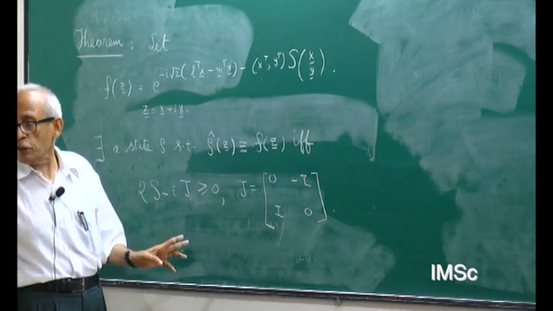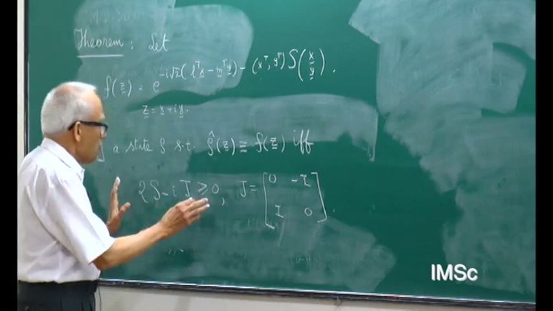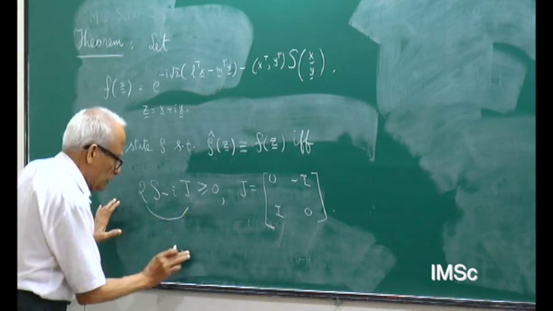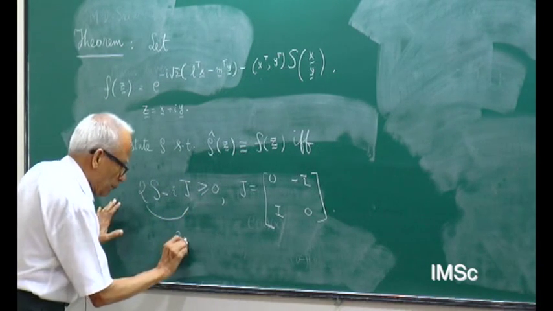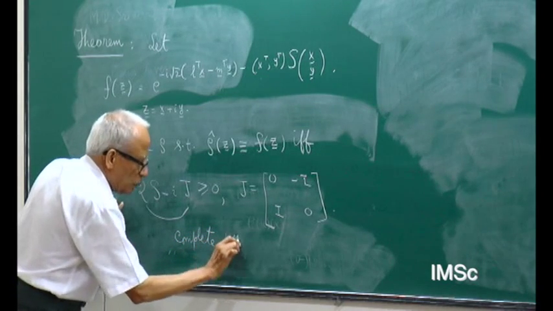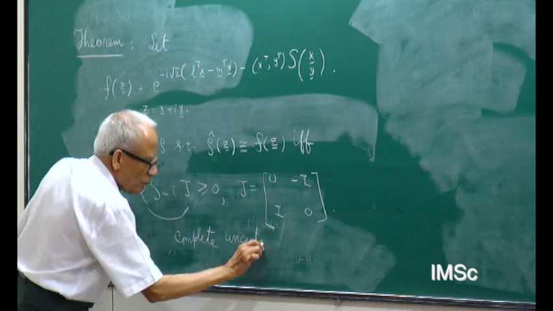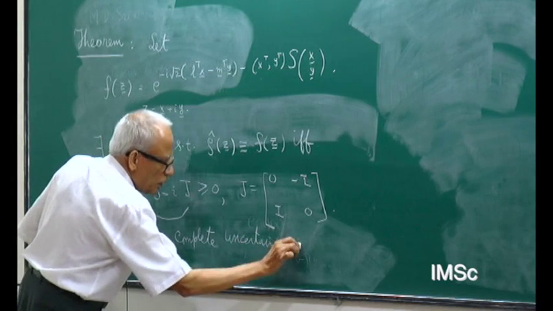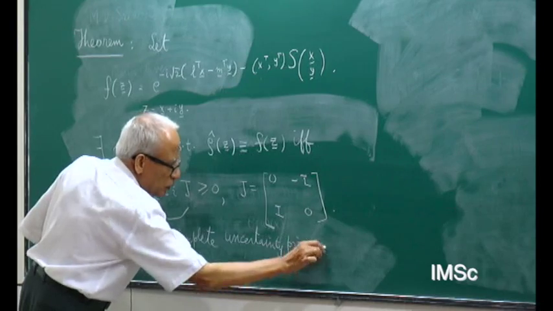This will give that inequality. So this is for states, this is the complete uncertainty principle. This inequality is the complete uncertainty principle